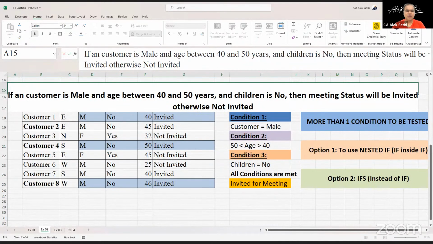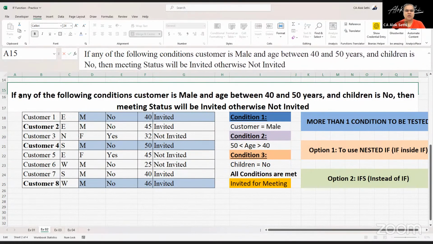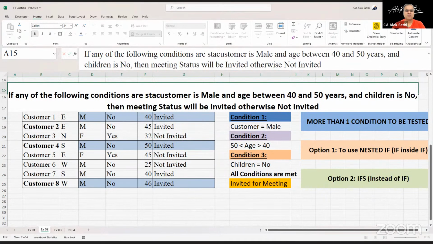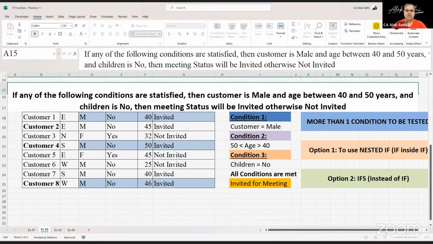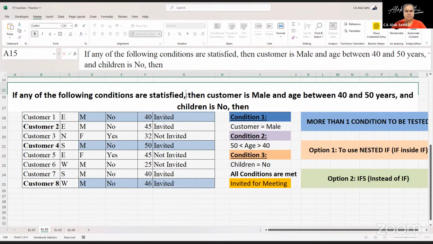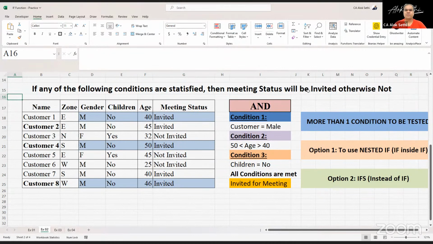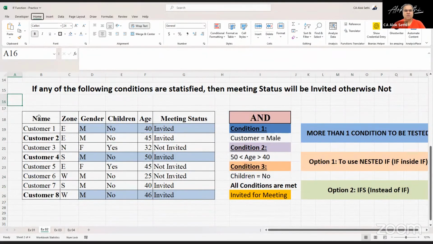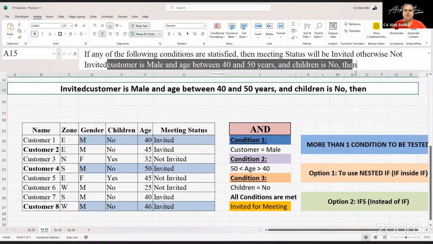If any of the following conditions are satisfied, then, यहां से कॉपी कर लेते हैं, meeting status shall be invited else not. ठीक है, अब देखिए ये बोल दिया गया है। And let me introduce one more line over here. और अब कंडीशंस क्या है सर? कंडीशन तो दिखा दीजिए, दिखा देते हैं। ये है कंडीशंस।